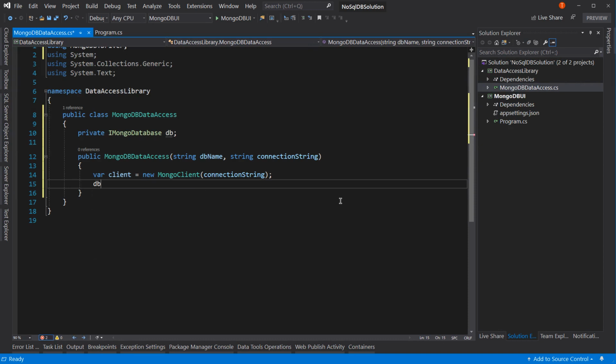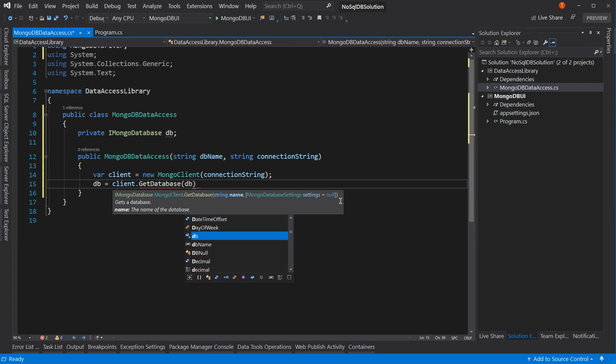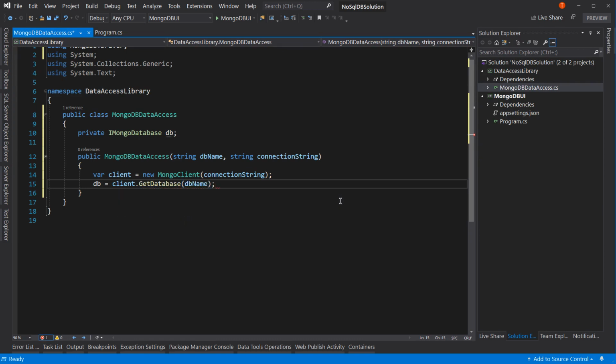And now we're going to say db equals client.GetDatabase(dbName). And that's going to connect us to one specific database on the MongoDB server we've specified. So on our local machine, we're going to choose one database and connect to it, which is similar to what we do with our connection string in SQL, MySQL, or SQLite, where we said not only where is the server located,